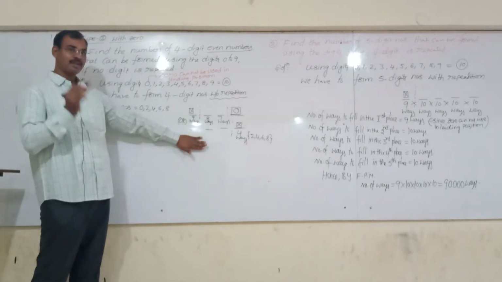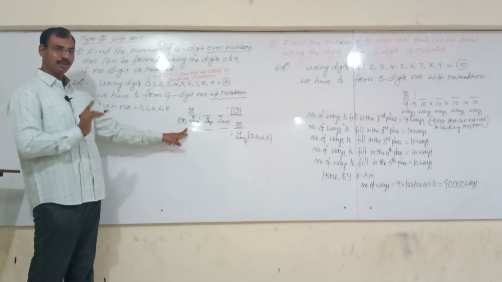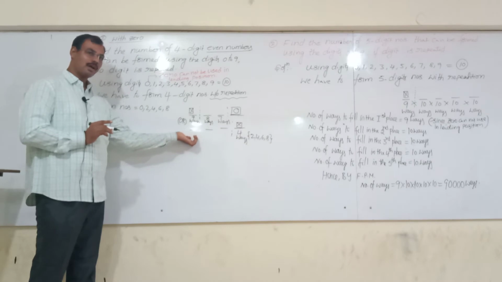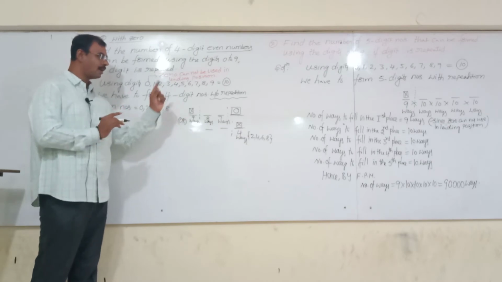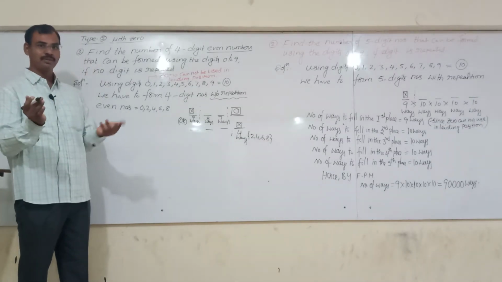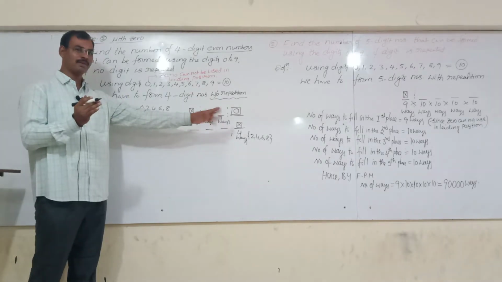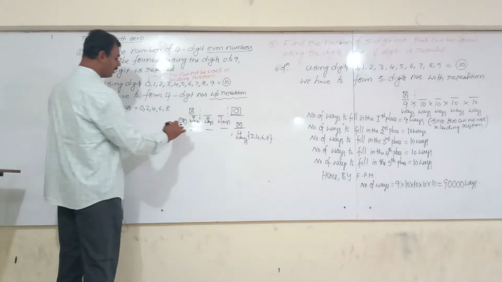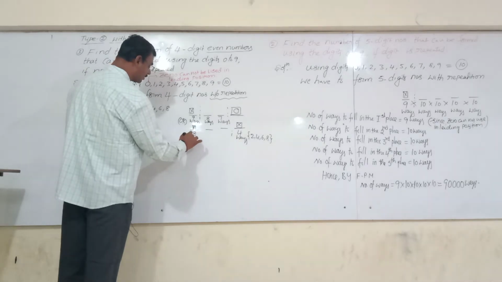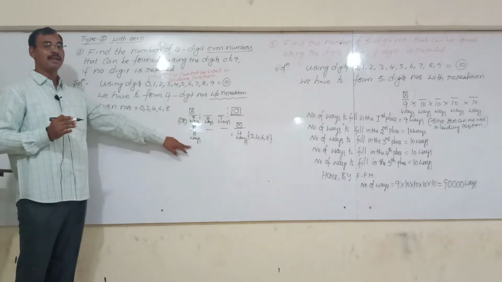In this case, second case, 0 should be there. Okay, now 9 numbers. But can you use 0 in the leading position? No, we cannot use 0. Now how many digits are allowed? How many ways could I fill here? 0 not allowed. Already one number has been filled in the unit place. How many are left? Total 10, 2 are filled there. That means we do not use 0. One number only filled, so 8 are there. So I could have filled the leading position in 8 ways.